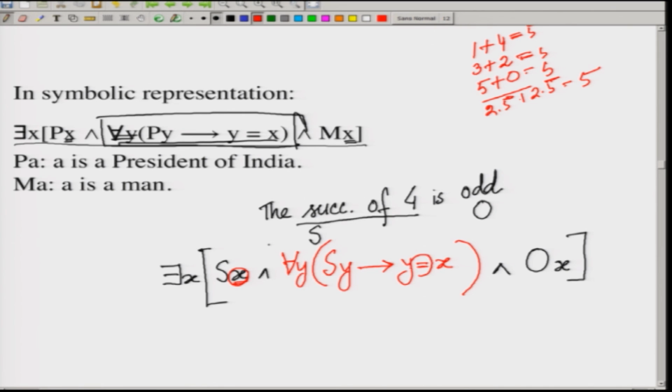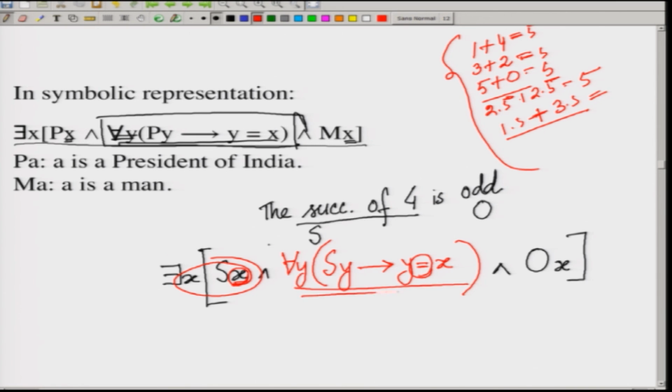Now, this identity is a unity maker. So, if there are 20 such expressions here, it could be 1.5 plus 3.5, it could be anything. All these cases, if this is a successor of 4, then it is identical to an existing thing called x, which means that not only are all these things the successor of 4, it also exists. So, together these two together somehow say that